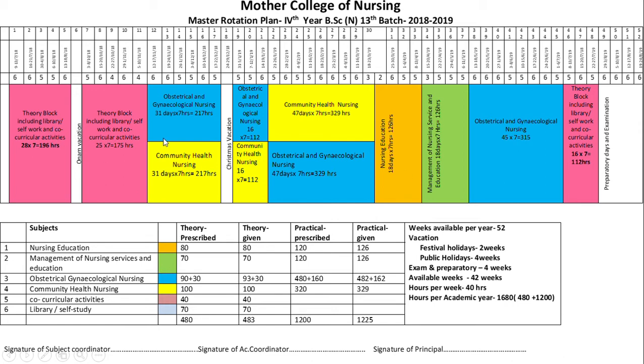The main aim of this mass rotation plan is that when a person looks into it, she should have a clear-cut idea. Nobody should be there to explain it again and again. It should be self-explanatory. What are the things, why these 5 days, how this comes to 196,